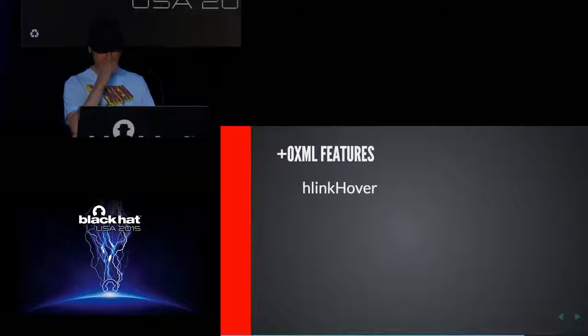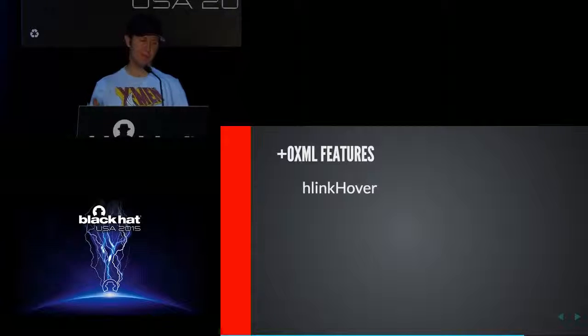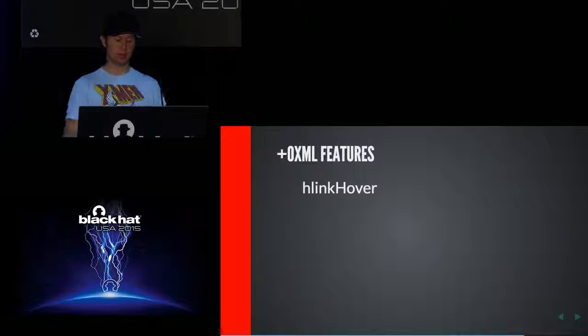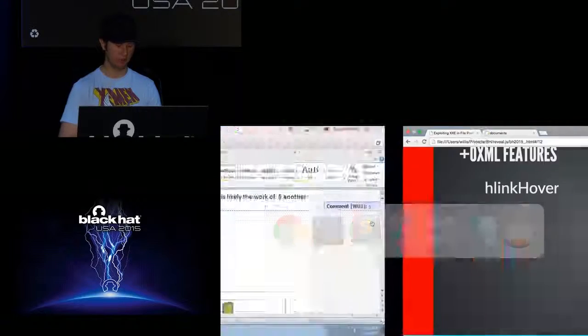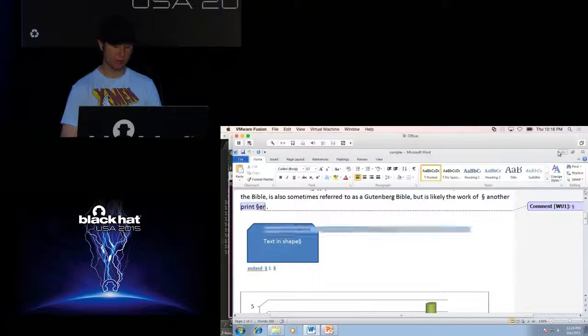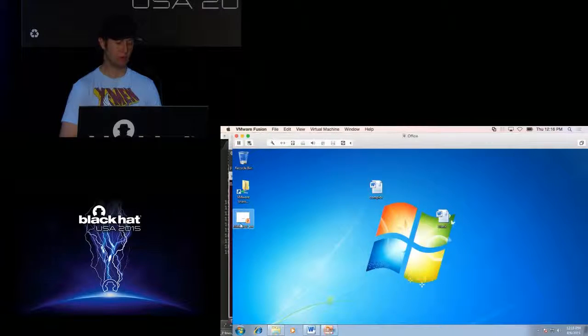Some interesting features of OXML that I've been kind of playing with. I've been hoping to find someplace that would work. This was sort of buried in there, but hlinkHover. So you can set a hypertext link to go fetch something as soon as the mouse goes over it in all parts of Word. It says it can be in the DrawingML. In terms of what's interesting about this for, like, say, Office, is you can also have it run a program